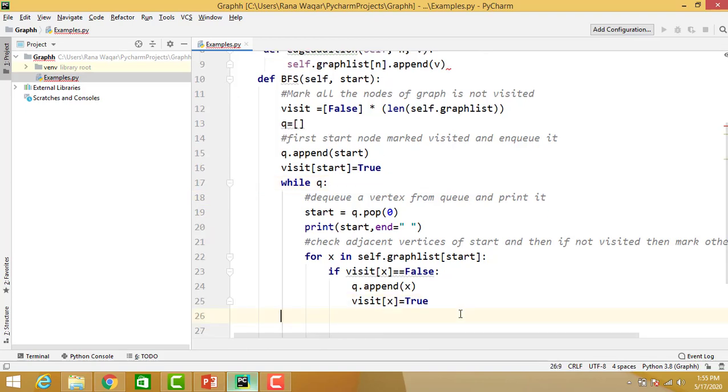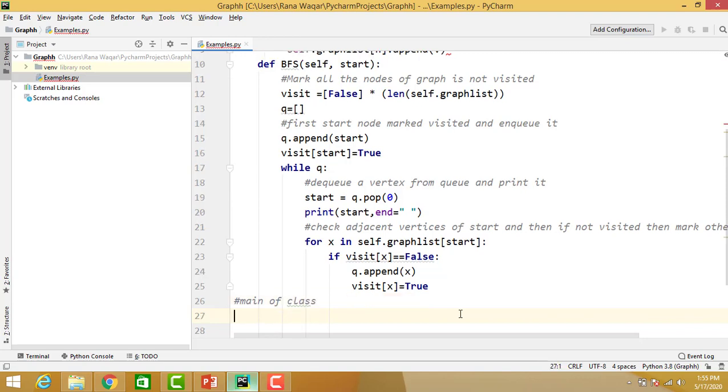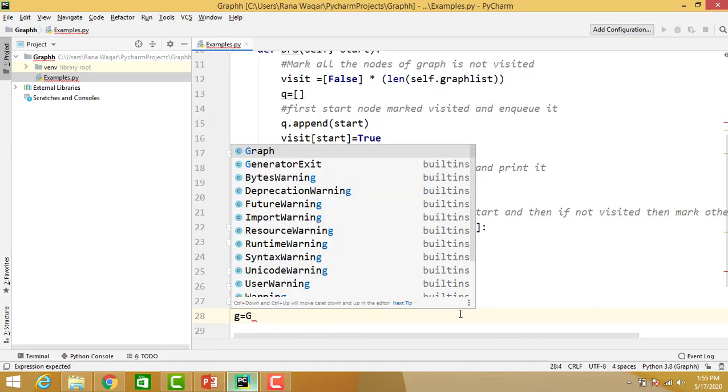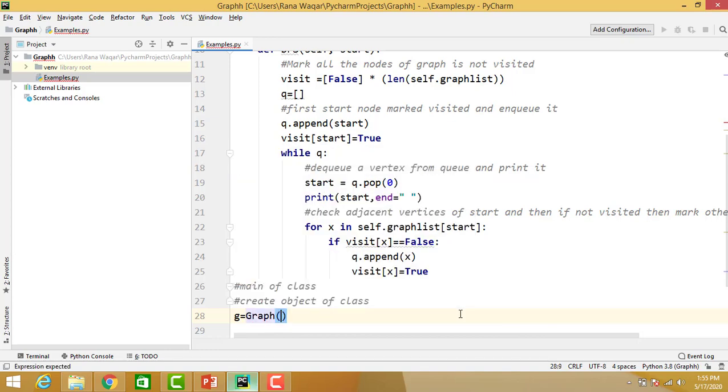Now the time is to create a main function of the class. First of all, I create an object of the class, G, the graph class name.